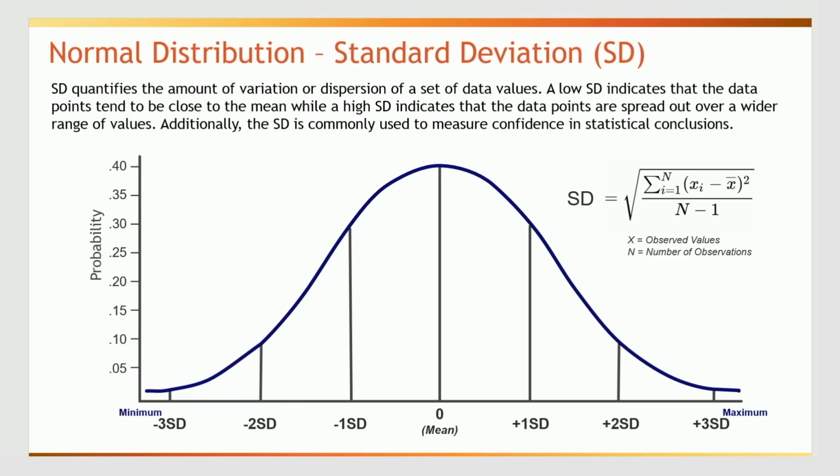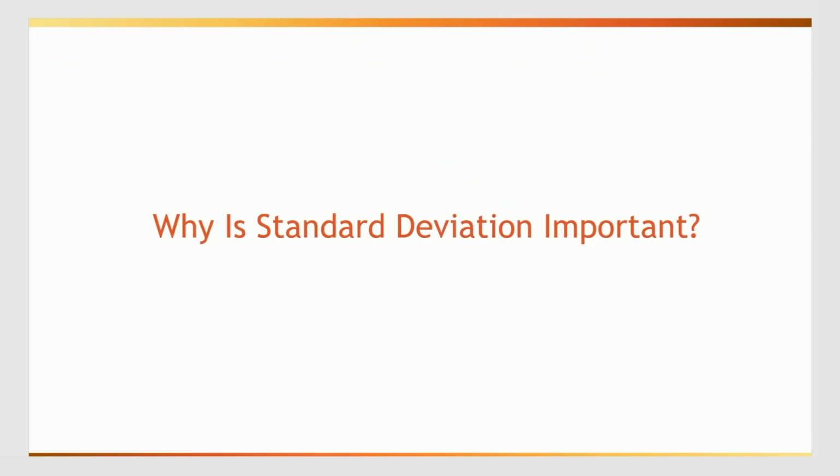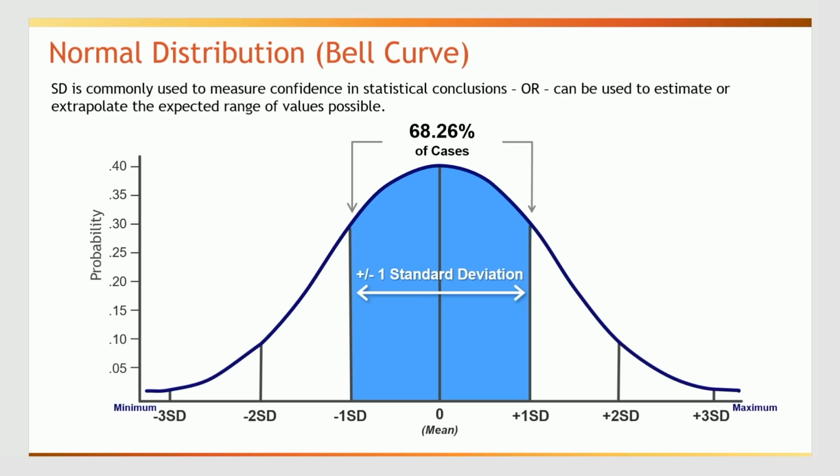So why is the standard deviation important? Well, the standard deviation is commonly used to measure confidence in statistical conclusions, or it can be used to estimate or extrapolate the expected range of values possible. So if you look at the mean velocity of a load and you take the standard deviation plus or minus 1 around that mean,